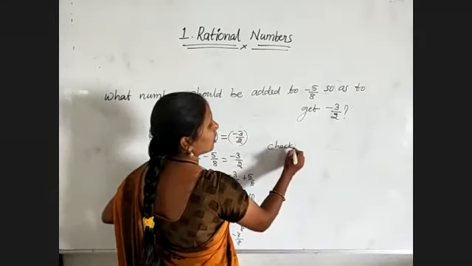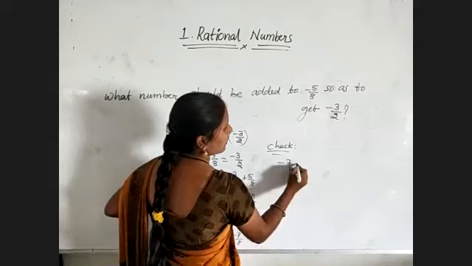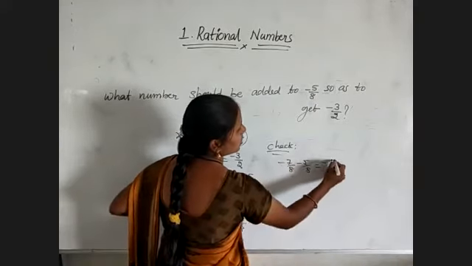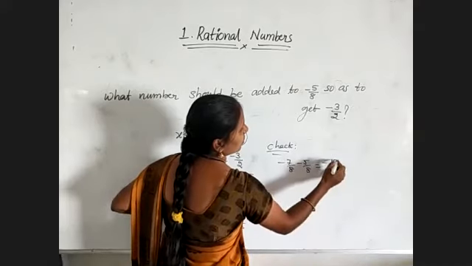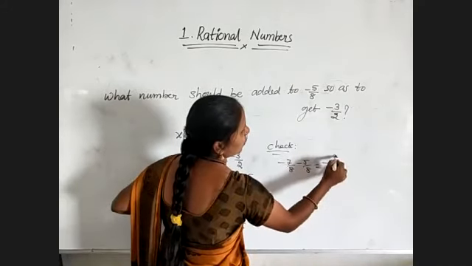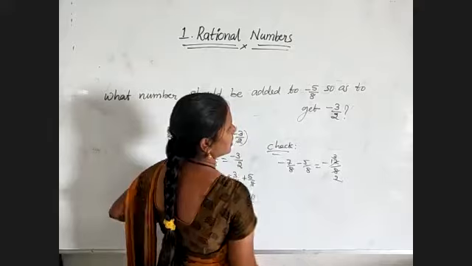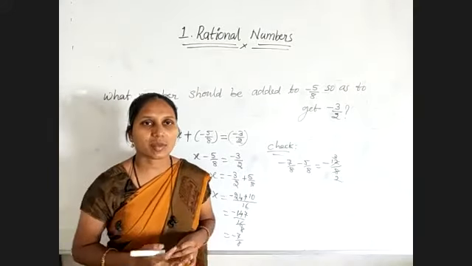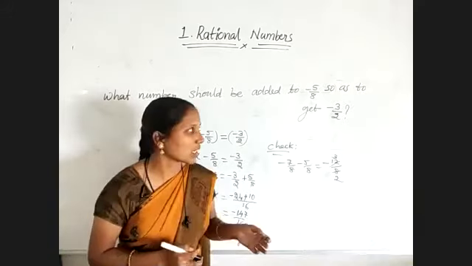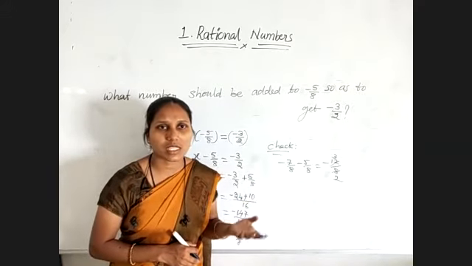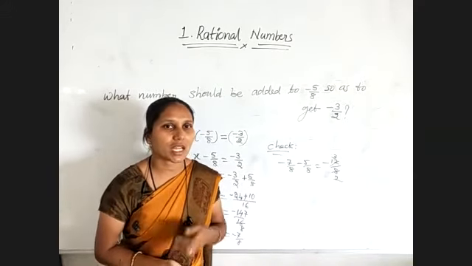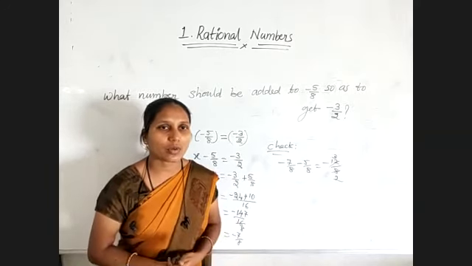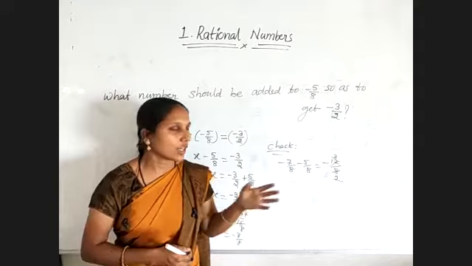Checking. Minus 7/8 minus 5/8 is equal to minus 7 plus 5 is 12/8. So 4 3s are 12, 4 2s are 8, minus 3 by 2. So in that way we will get the results. So remember, all these questions I am explaining are how we use rational numbers, for that sake only. And after this topic we have how to represent rational numbers on the number line and how to write different rational numbers between two given rational numbers.